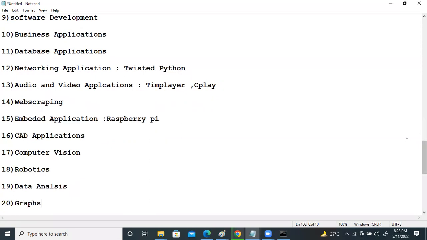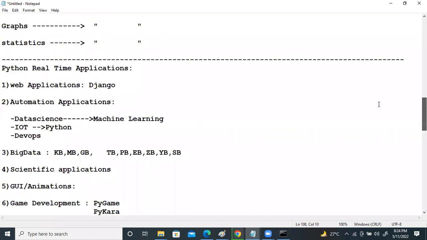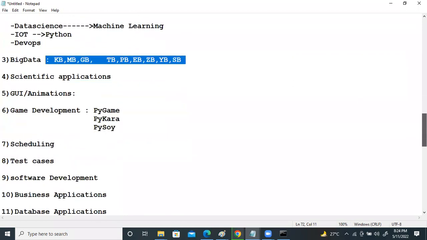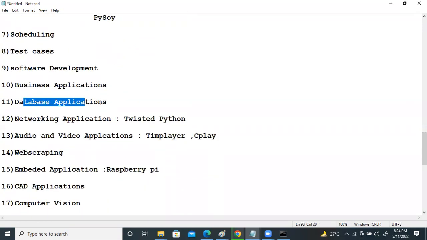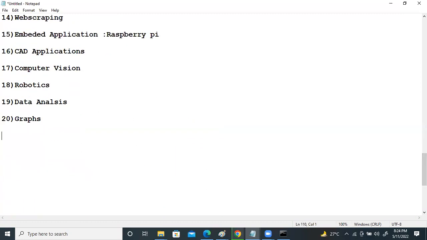So these are the topmost applications. Python is mostly used in automation, big data, web applications, gaming applications, business applications, database applications, networking. Apart from this, even for desktop applications, single user console applications also. So these are the wide varieties of applications for Python. It is not confined to a particular environment. It is not purpose based. It is general purpose programming, meaning it's suitable for developing any kind of application.